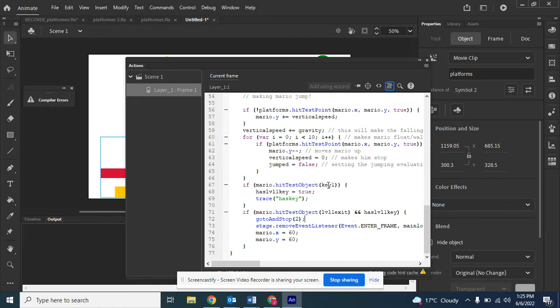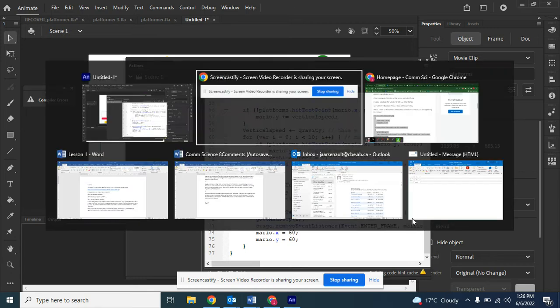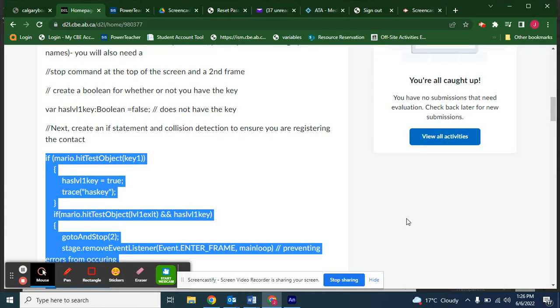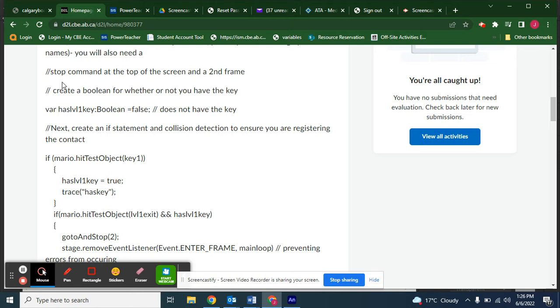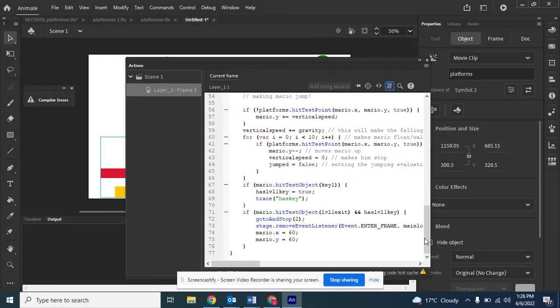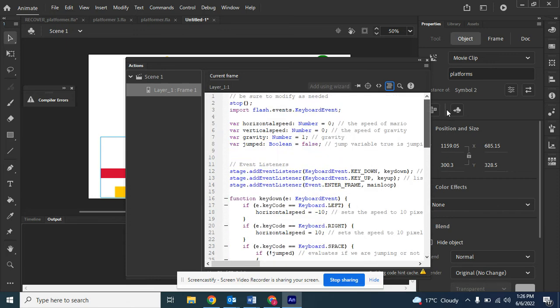All right, so now I have the key 1, I have level 1 key, and I'm tracing if I have my key or not, but I don't have any variable because there's one more piece of the puzzle. Create a boolean for whether or not you have the key. That's this guy right here. I'm going to copy it. Now you cannot have this piece of code within a function, otherwise anything outside the function wanting to read it is not going to be able to. So I'll paste it there. And now if I run it,